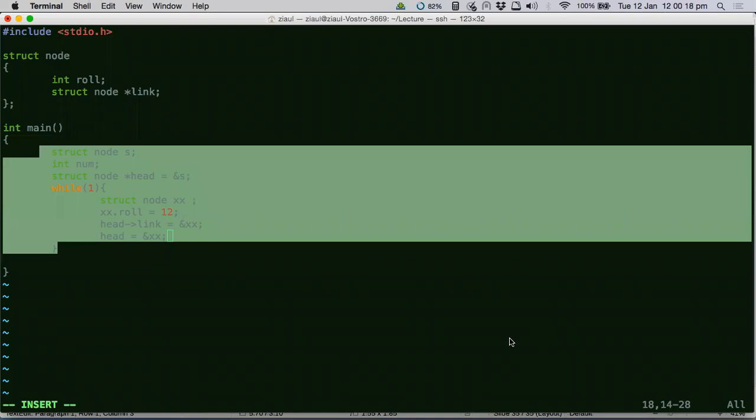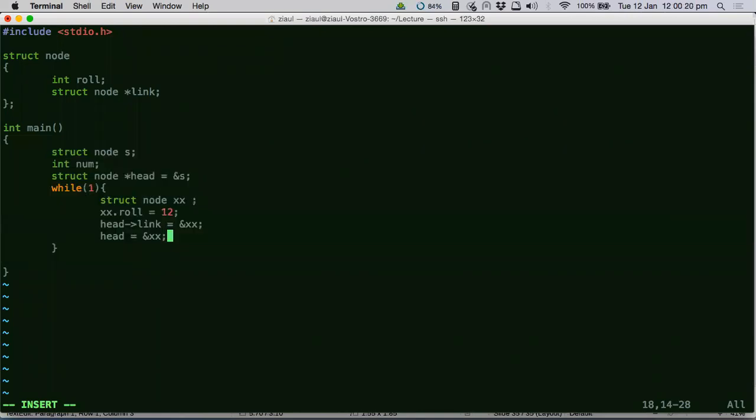This is the linked list. And what did we do in the linked list? We have created memory as we are progressing in the iterations. We did not create anything upfront. Remember, we didn't create an array of 100. Whatever number of iterations this loop goes through, that many nodes you would have created and linked together. If you want to visit all the nodes, you just have to go to S, the starting S, and then say S link, S link, S link, S link, and you can visit the entire list.